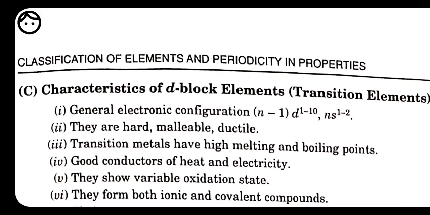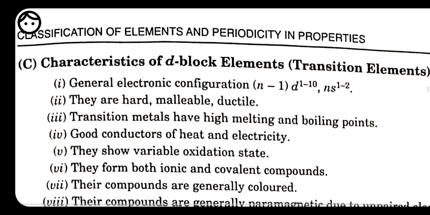Now see here, I will tell you just some characteristics of d block elements and f block elements. These things we do not have to do in this class, but you still need to know the introduction. D block elements are also called transition elements because the change in the character of the elements takes place here. The general electronic configuration is (n-1)d1 to 10. (n-1) means what? If the value of n is 3, then n minus 1 is 2, but in 2 we do not have d, so we start with 3. If the value of n is 4, then 4 minus 1 is 3, so 3d and 4s, like that you have to consider it.